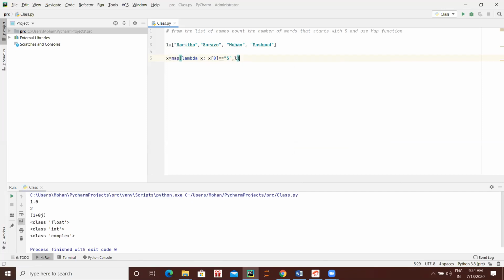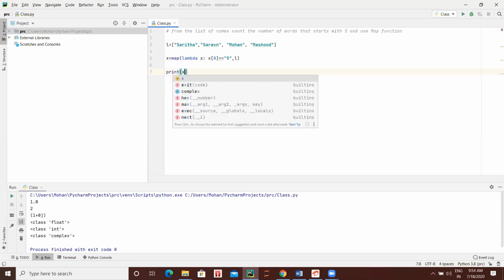So this is nothing but your lambda function, right? So lambda x, the first character should be S from that list, right? Enter, print x, one more enter, print x, run it.